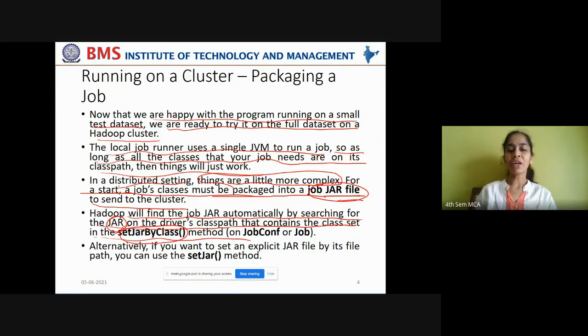By using the setJarByClass method, we can set the class to be used by the Java archive file, and this can be set either on a job configuration object or on a job object, right?